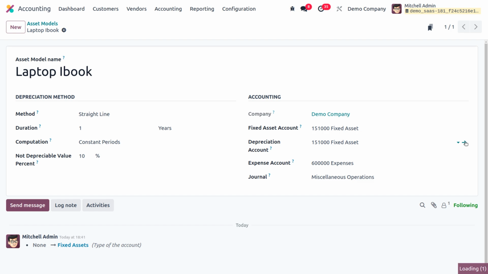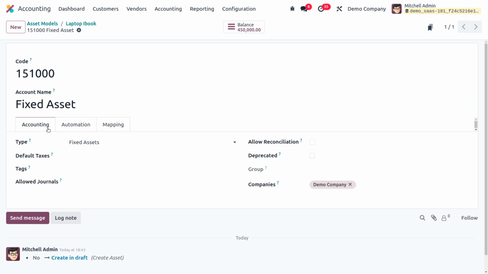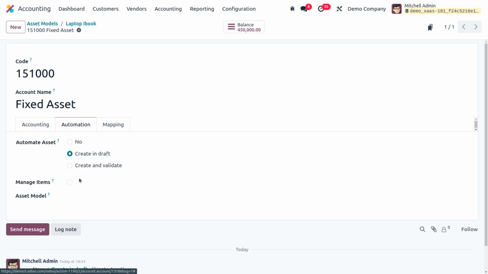Now, as you move on to the internal link of this, you can find the accounting tab as well as the automation tab. Under this automation tab, you can see that we can automate the assets. Whenever the bill is created and validated, we can create the asset in draft or we can create it in running state.